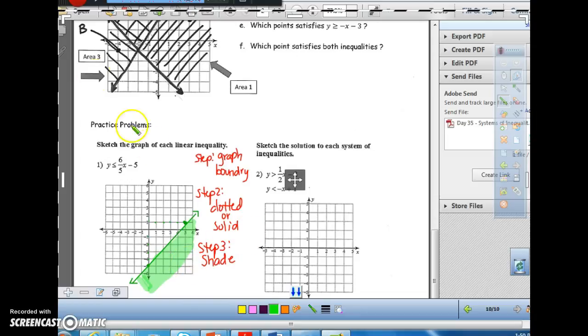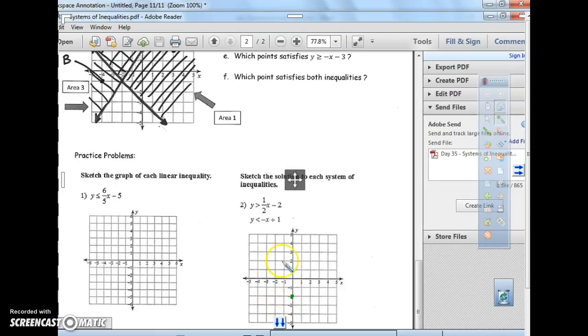All right, let's look at number 2, which is a system. So step 1, again, we're going to graph. For number 2, we start at -2. Our slope is 1/2, so we're going to go up 1, right 2. Draw our line. We need to decide if it's dotted or solid. This one is solid. No equal sign. And then we want to shade. Does it get shaded below or above? It says y is greater, so this one's going to get shaded